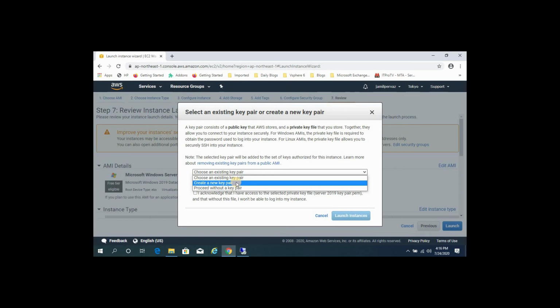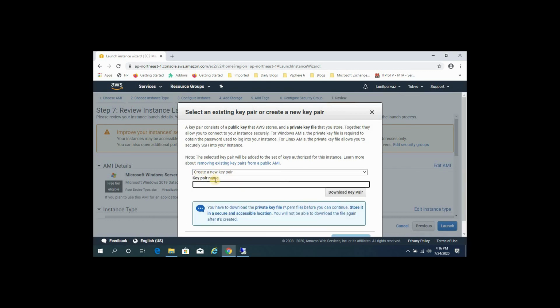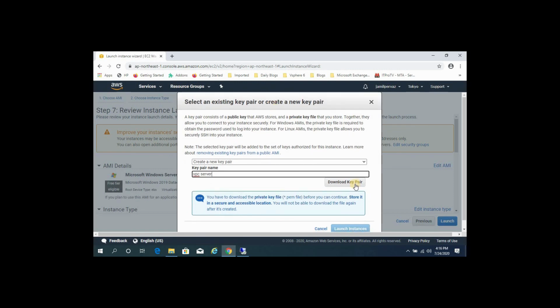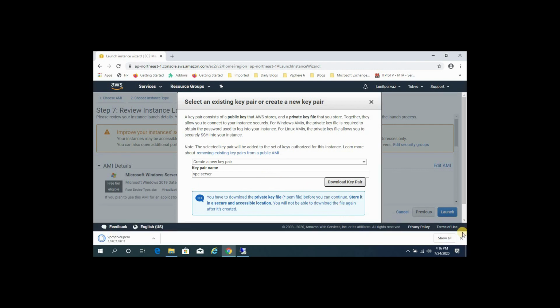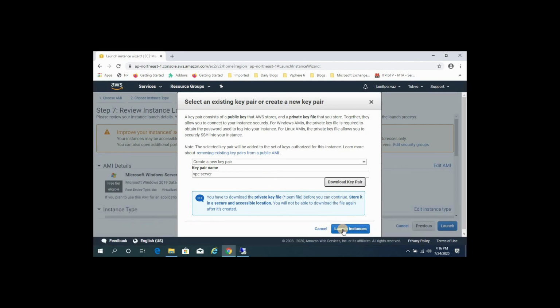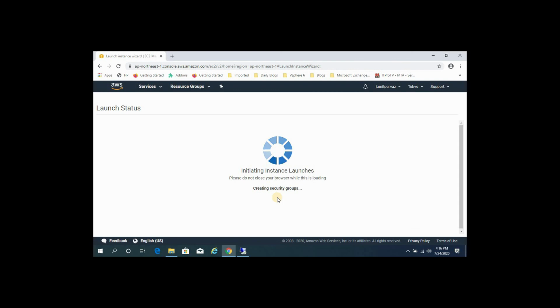I'm going to create a new key pair. For the key pair name, type any name, for example VPC server. Click Download key pair, then click Launch instance.